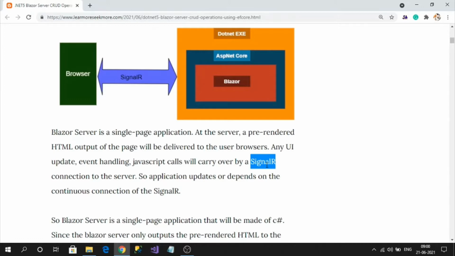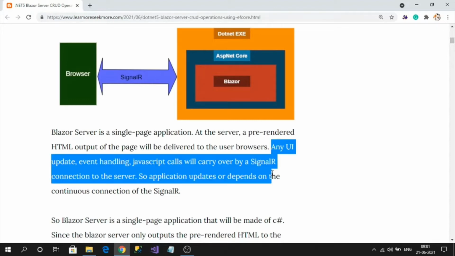Once the user receives the first HTML output, a connection is established between the user's browser and the server. Any click event or change event raised pings the server in the background, the server responds with the appropriate output, and that output is gently updated into the UI in our browser without any reloading. We cannot even notice that something happened. Such a smooth UI update is taken care of by the SignalR connection.